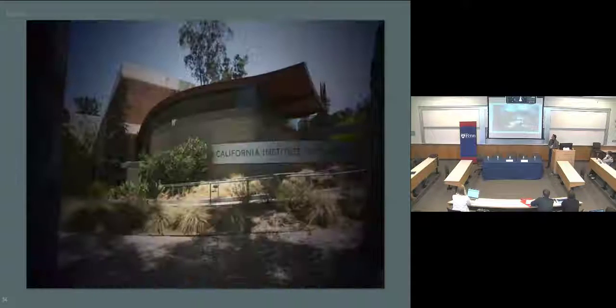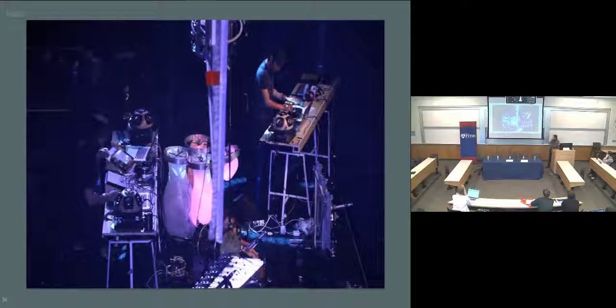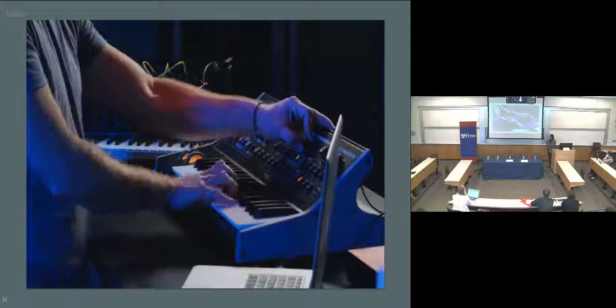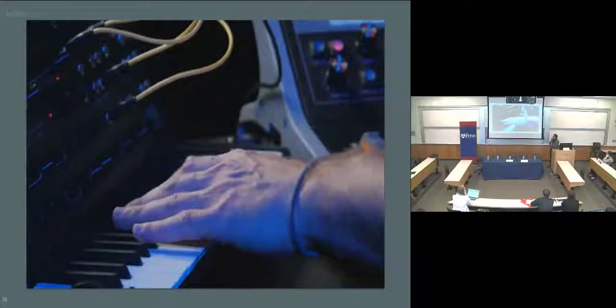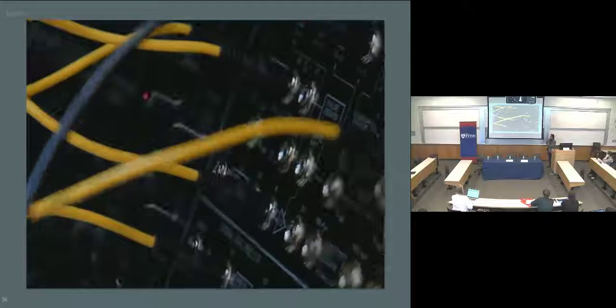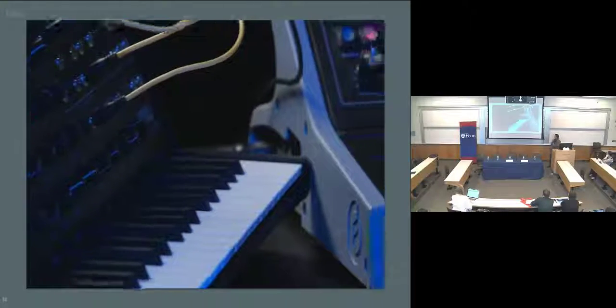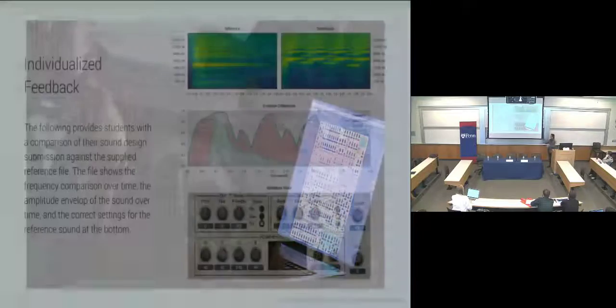I'm Owen Vallis, Professor of Music Technology at California Institute of the Arts Music Technology, Interaction, Intelligence, and Design program. Synthesizers are tools we use as musicians to create, shape, and sculpt sound. Historically, these synthesizers were very large, very expensive, and only available to a small number of musicians. However,